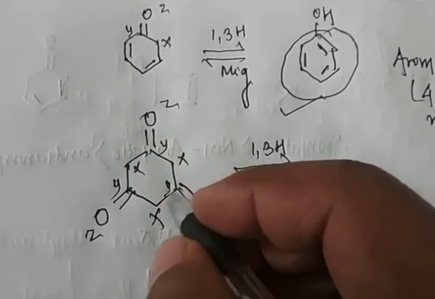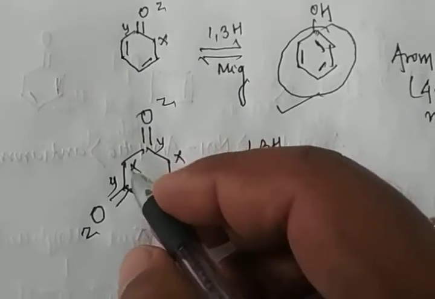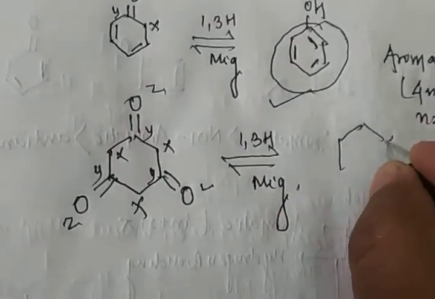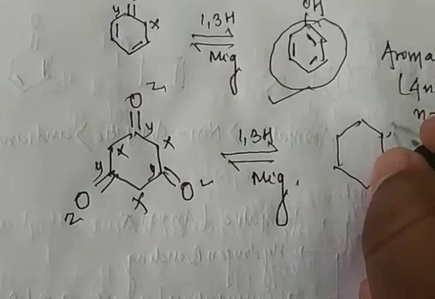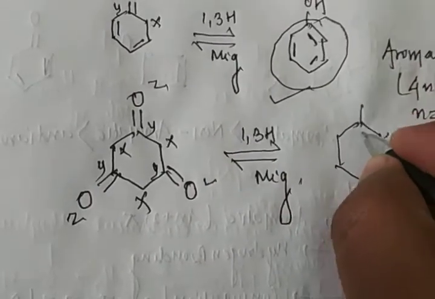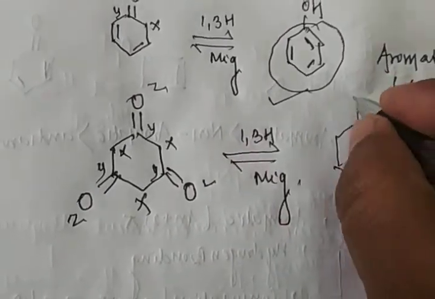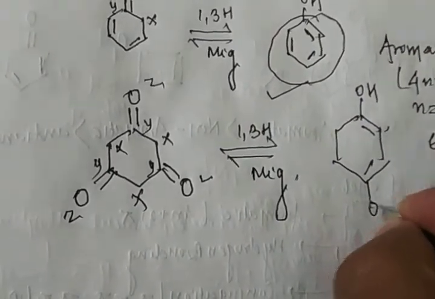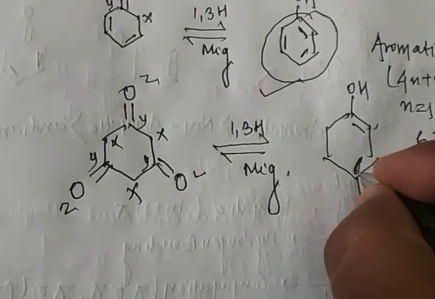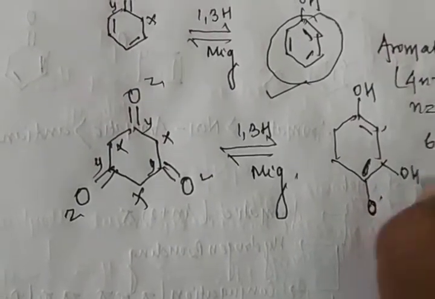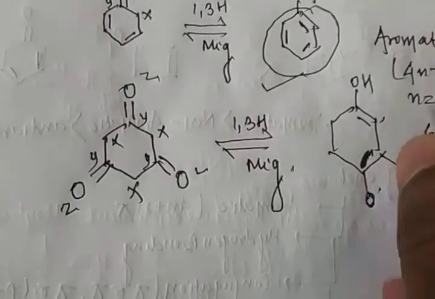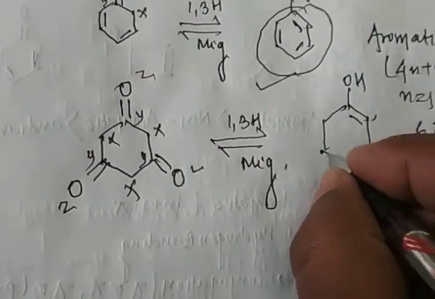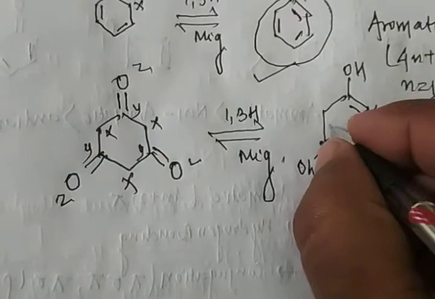In this case double bond shift on that side, and in this case double bond shift to that side. Now the formula is what? The formula is there. This double bond shifts to that side and H shifts to that side, OH, and again there is OH and double bond shift to that side, and again OH and double bond shift to that side.